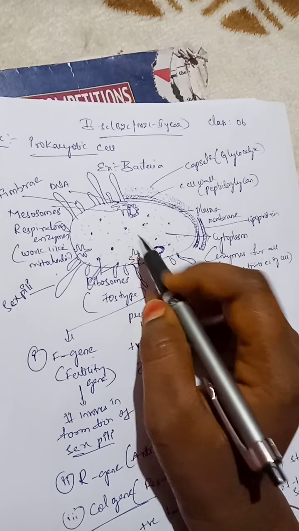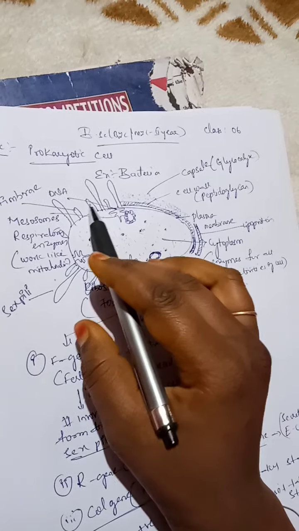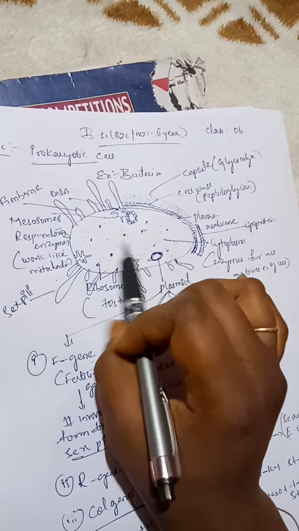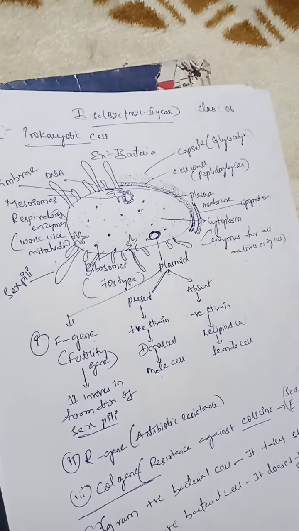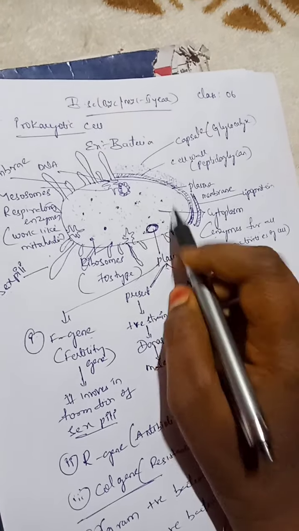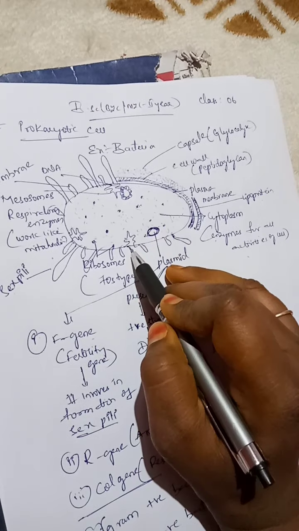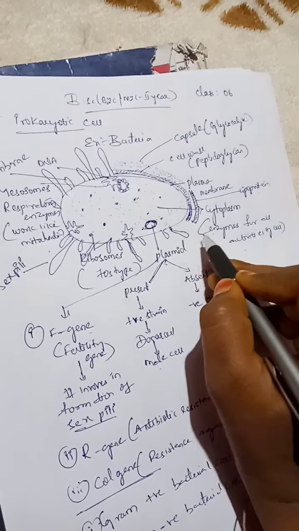Next, the outer surface of the bacterial cell has finger-like projections called fimbriae. These fimbriae help the bacterial cell attach to the substratum. Later, there is an important structure called a plasmid. If a bacterial cell has a plasmid, we can consider it a male cell. If the plasmid is not present, we can consider the bacterial cell a female cell.